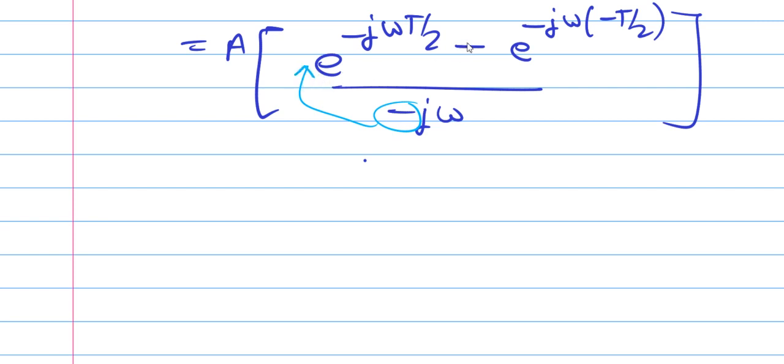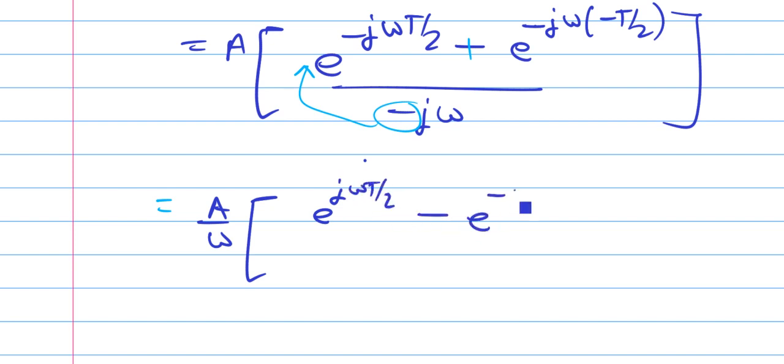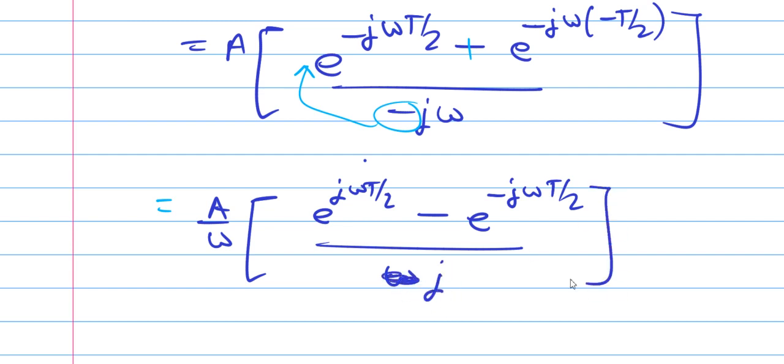So here there is a minus sign, and here minus minus becomes plus. And I will also take omega outside. So it becomes A by omega times: the first term will be e raised to power, here minus minus is already plus, so j omega T by 2 minus e raised to power minus j omega T by 2. Rearranging these two terms, divided by j. Now I will adjust 2 also.